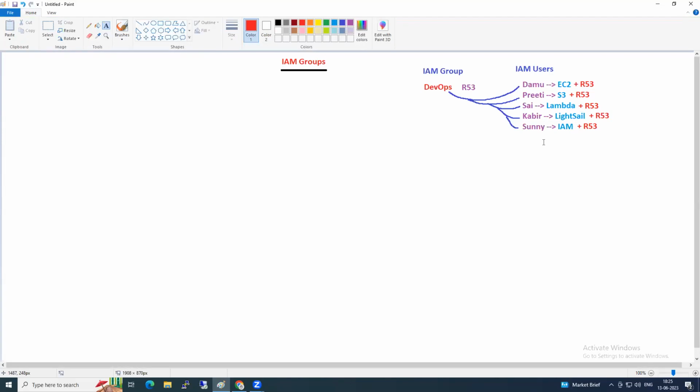It is like a team. You are my team. For every team member, I want to give the same permissions. So will you go and individually give the permissions? No, you create a group and add all these users to the group. Simple. And give the permissions at the group level. Whenever you give permissions at the group level, IAM users will inherit the permissions, correct? IAM users will inherit the permissions. Okay, now everyone got